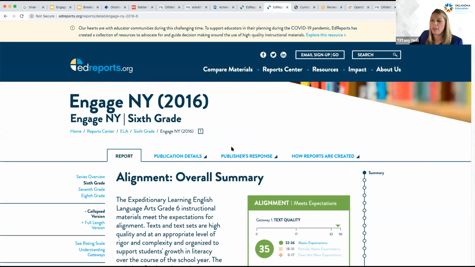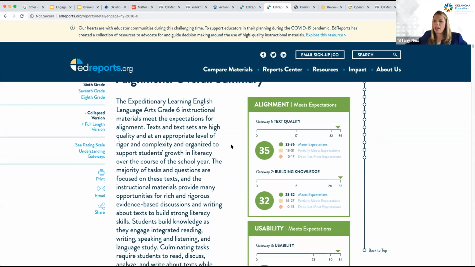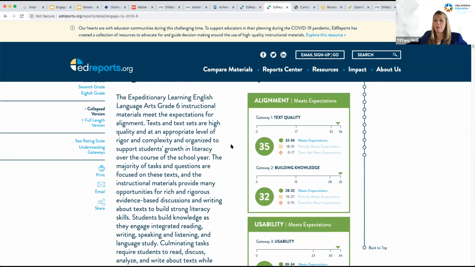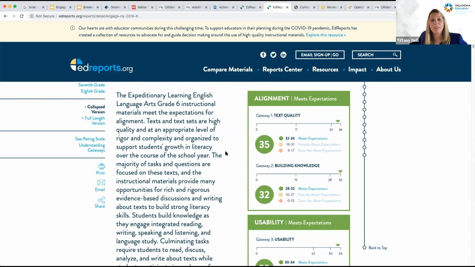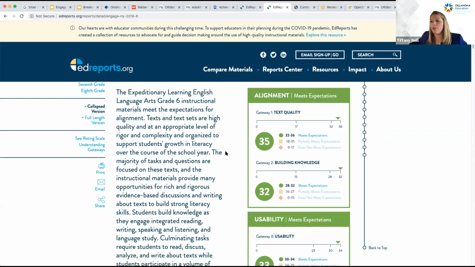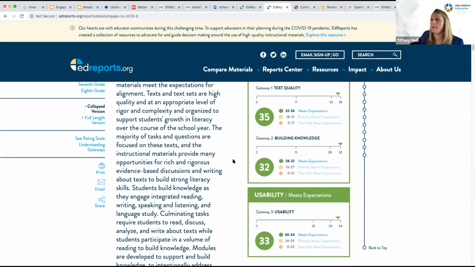This is an OER curriculum from Engage New York at 6th grade. And you'll notice that there's a lot of information for us here as teachers about this curriculum. How focused is it? How coherent is it? What are the standards that it aligns to? You can get the full report on Ed Reports, and it'll really take a lot of that work away from you as far as deep evaluation. You can read the reports and get a lot of information in this way.